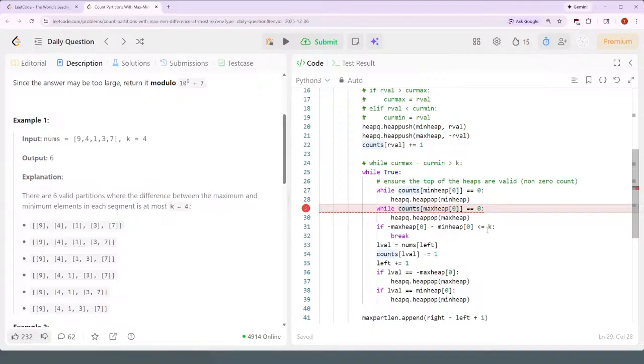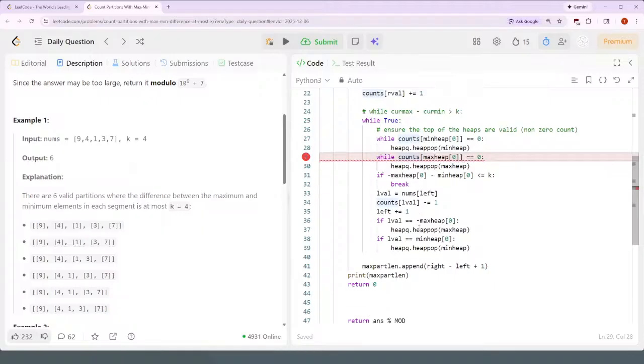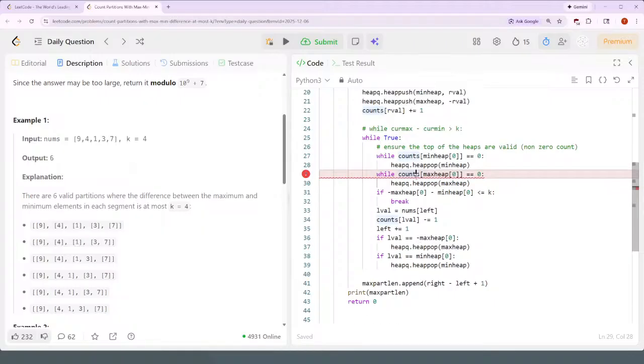If the difference is less than or equal to k, stop. Nums left value decrements, left side increases, counts of left value decrements. If the left value is equal to the negative of the max heap,